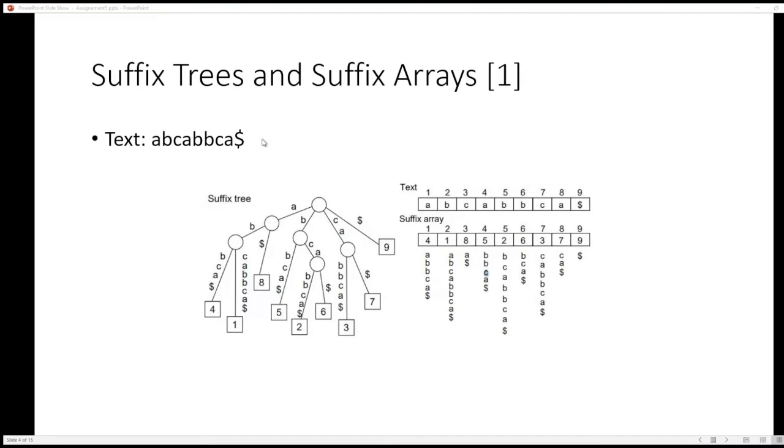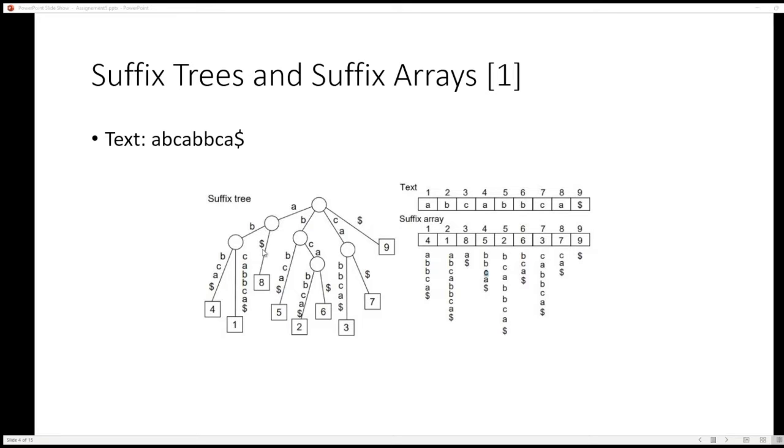So what is a suffix tree? A suffix tree is a tree that encodes all the suffixes of a certain text. So we start with the root node and then we have a different set of edges. Each edge will correspond to the starting characters of a set of suffixes. For example, the first edge corresponds to all suffixes that start with the character A. And then we will have a different branch to correspond to a different possibility. For example, the first suffix is A, and then we can see a branch